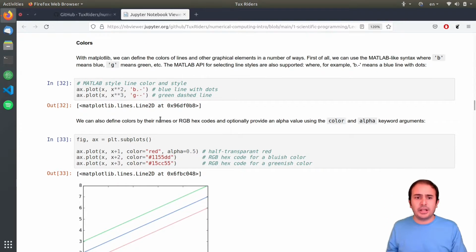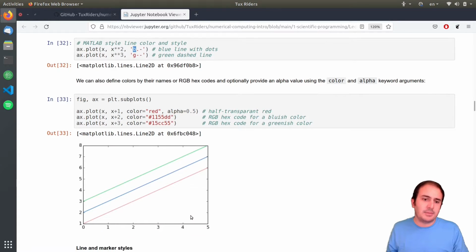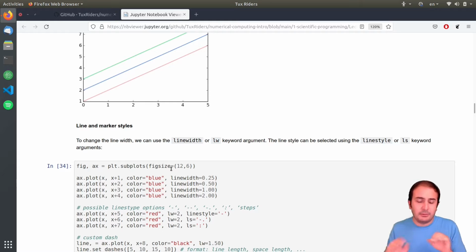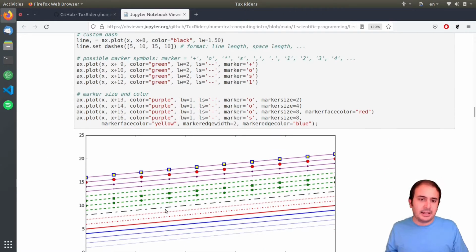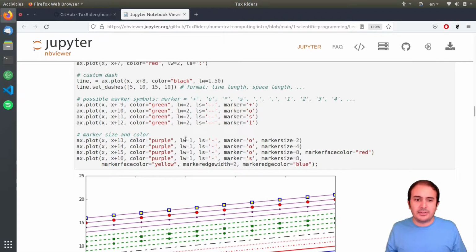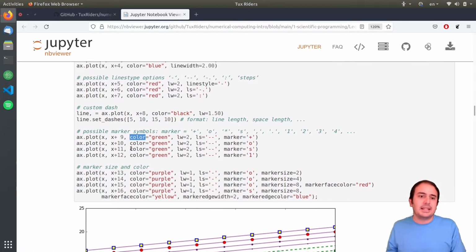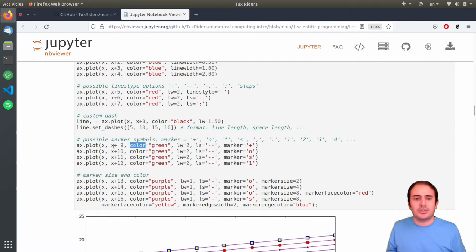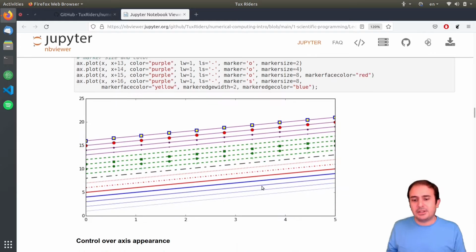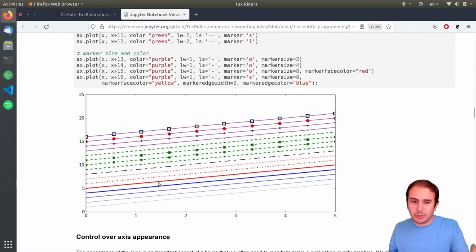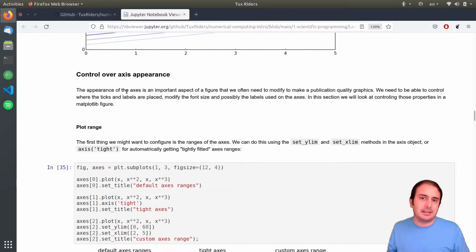And setting colors and also line types. You saw that in previous examples, green, blue, different types, and also you can define different widths of the line, like here. So line width, line style, and a marker and a color, you can use with full names here. And you can see that these are different styles, in a very simple script using x plus something, a fixed number for the y value, and then you will have this graph. So make sure to reproduce this, and then you can see the beauty of Matplotlib, and its easy-to-use